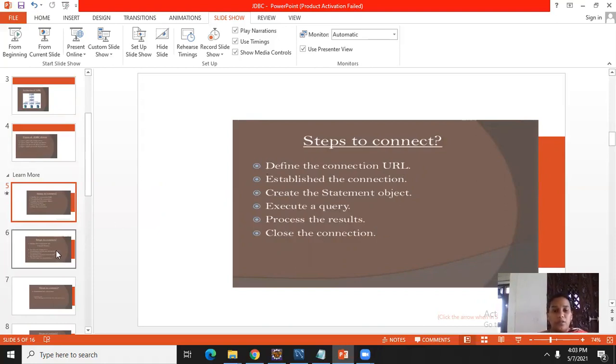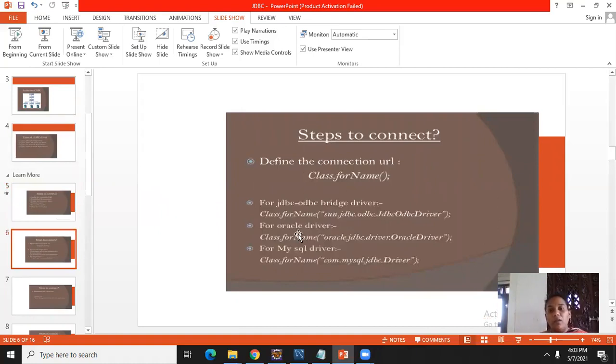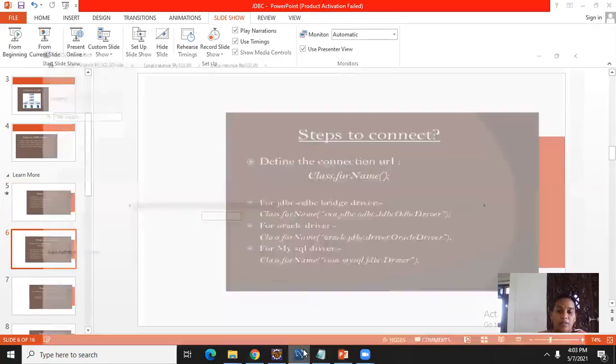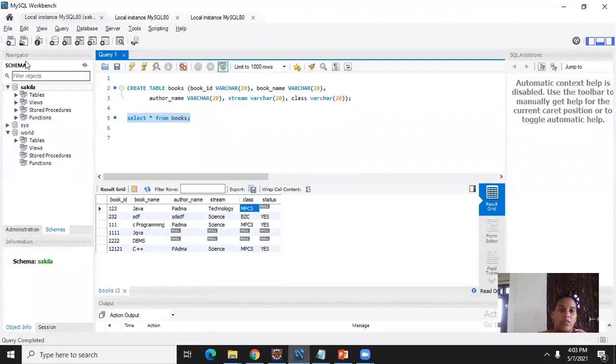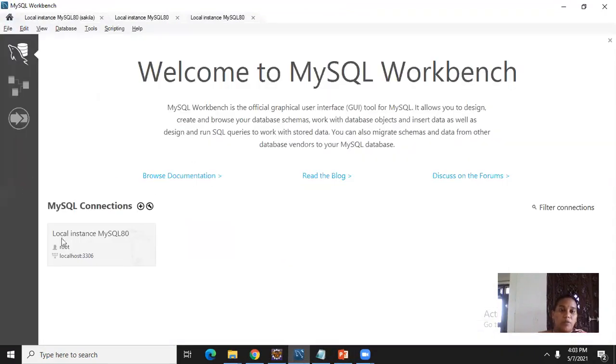First one, define the connection URL. What does defining the connection URL mean? To provide the connection, first I need to declare the driver, as well as which database I am using. If I go to MySQL Workbench, I am using MySQL as my database.